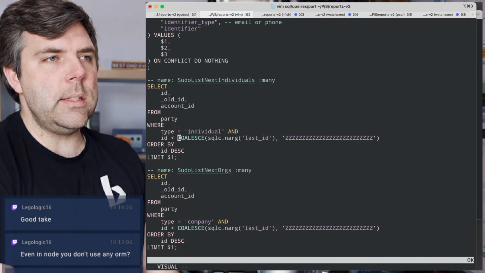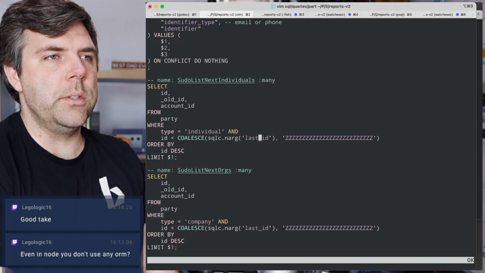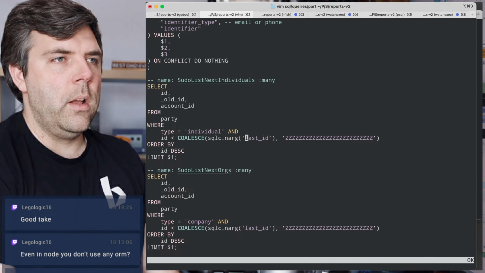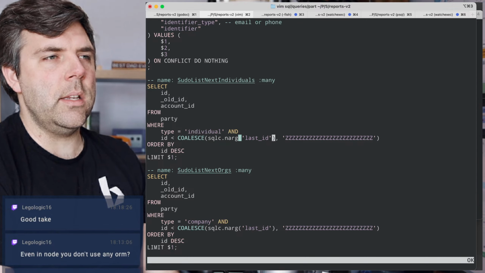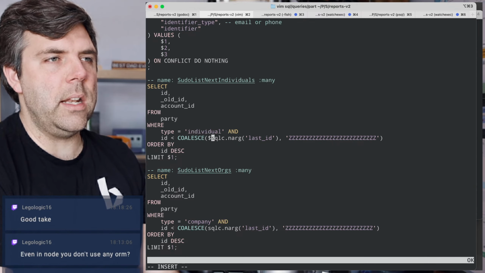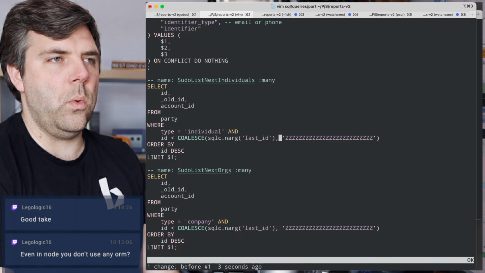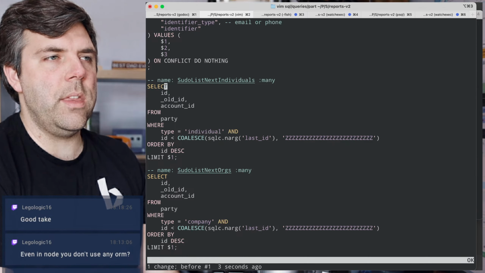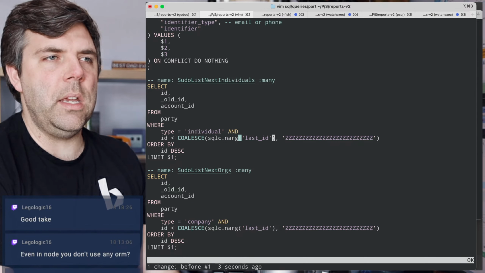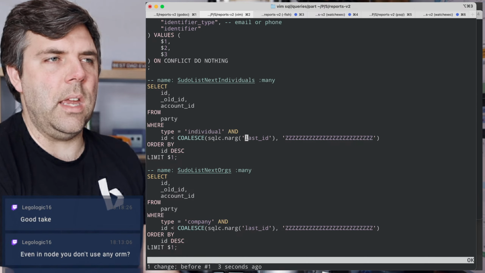But this is essentially defining a default value. So in this SQLC arg, this would be like a dollar sign kind of thing, like $3, but it's just because of the way that it is trying to infer the typing that it didn't work out. It was basically saying value X, or value number 2, or some generic name.